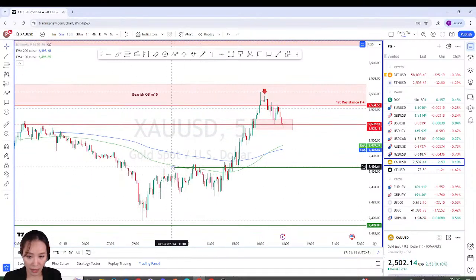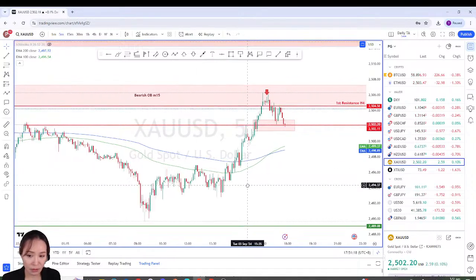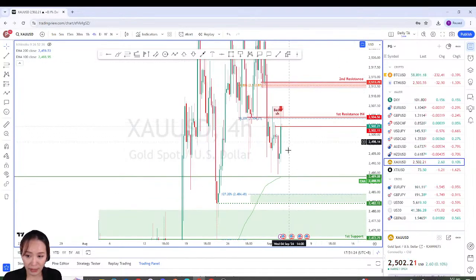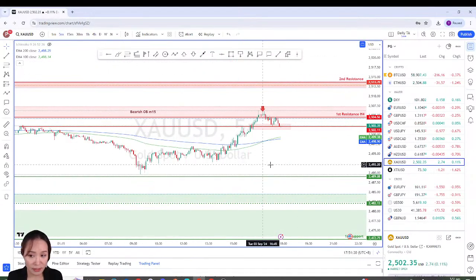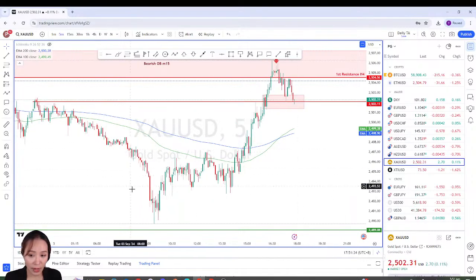I will share the technique for you guys if you want to scalp in M5. Okay, if you guys are confused, you can let me know as well. Let's say price has a rejection over here in the H4 time frame, right? You go to M5 to wait for a buy. How are you going to buy? Once price breaks